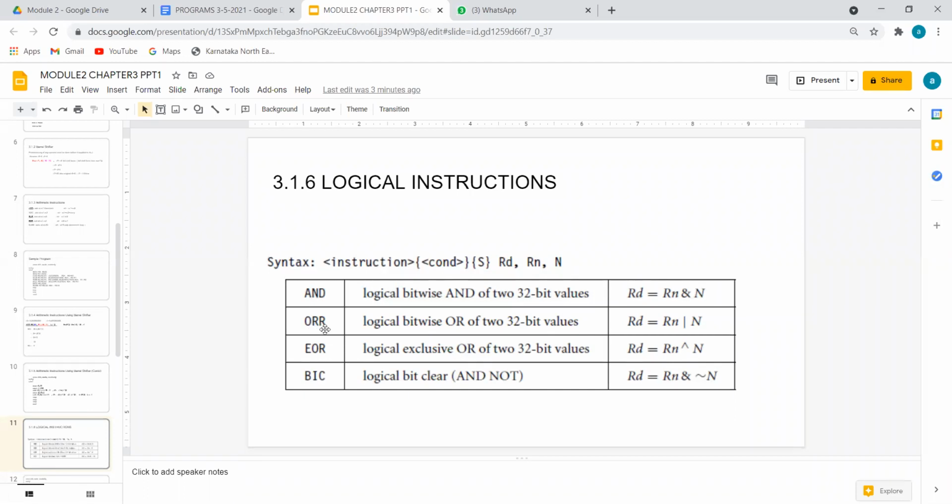Two times R here. And exclusive OR, generally we have a symbol. What we used to write, we will write a plus symbol and circle it, or we will write EXOR. But here, remember it, EOR. That means exclusive OR. So we have one more special logical instruction called BIC, bit clear. Take a number, that is RS1, RS2 should be complemented, then ANDed, and whatever the result we get is stored. Okay, hope it is clear.